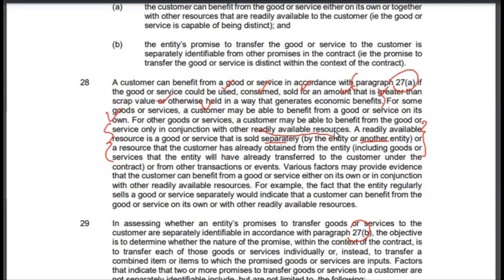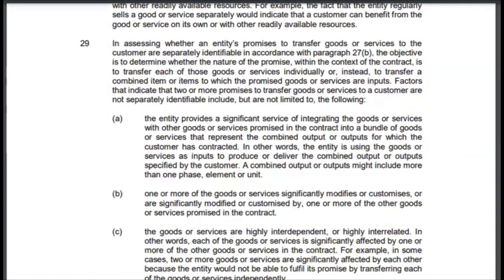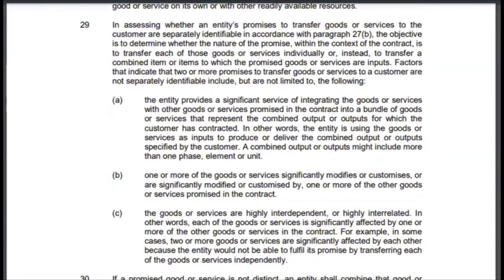But the core idea here is basically that the product is very much separate, and the customer who is buying it can actually benefit from the use of the product. So let's look at paragraph 29, which actually explains 27B in detail. So paragraph 29 says,